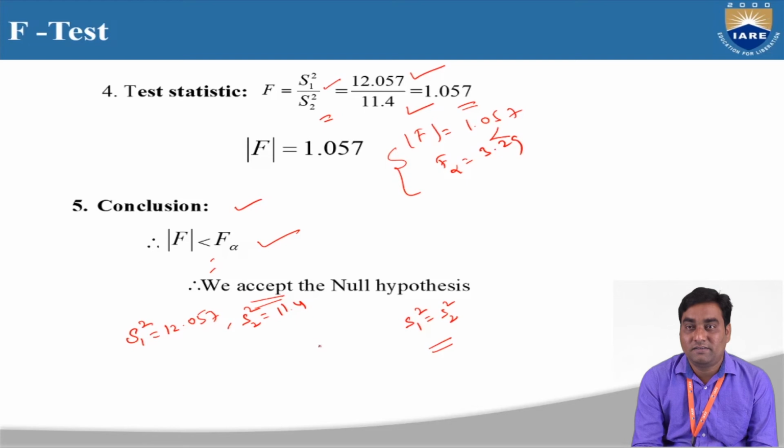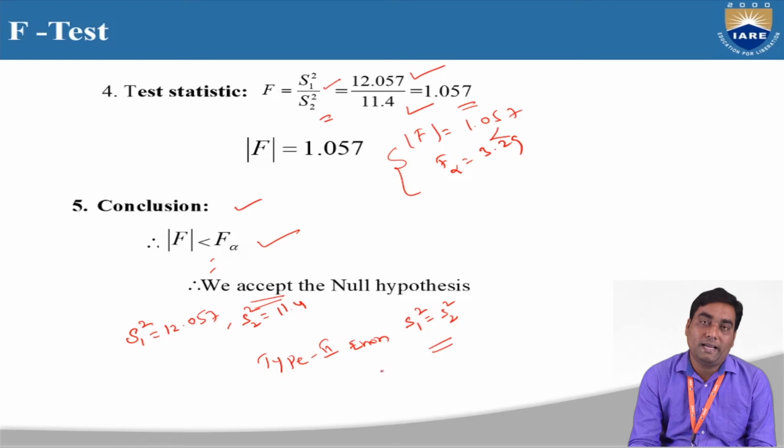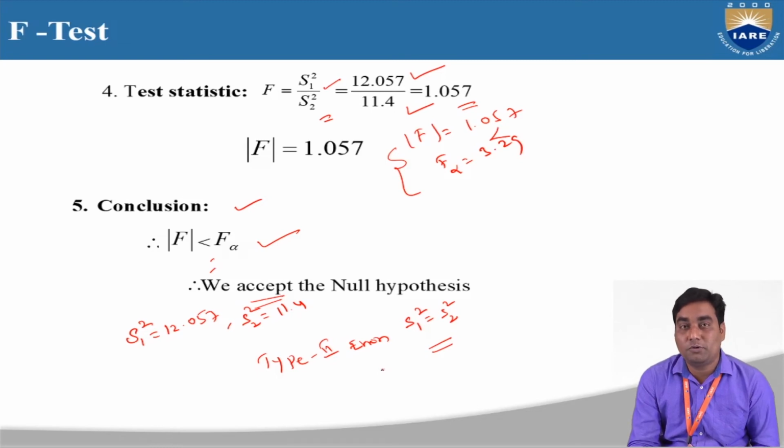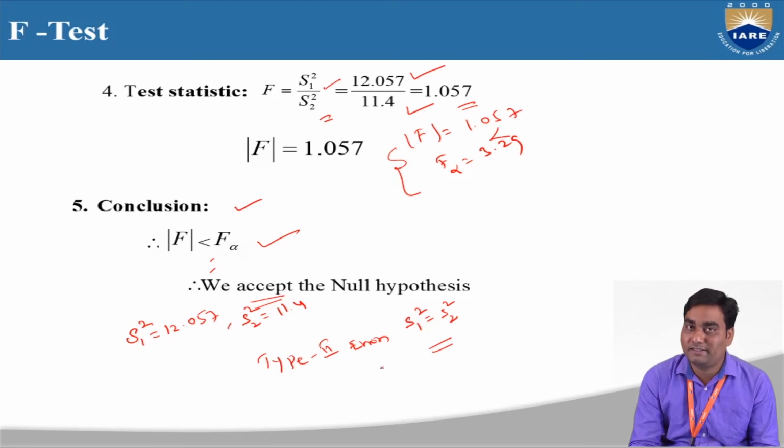Some mistake is there. Which type of error are we making when we accept a false statement? Actually the statement is false, but I proved that it is true. That means we accept the null hypothesis when it is false. So this is called type 2 error. The procedure error is called type 2 error. In case we reject the null hypothesis when it is true, that is called type 1 error. Here we are accepting the null hypothesis when it is false, even though I proved both are equal. That's why there is an error in our procedure, which is called type 2 error.